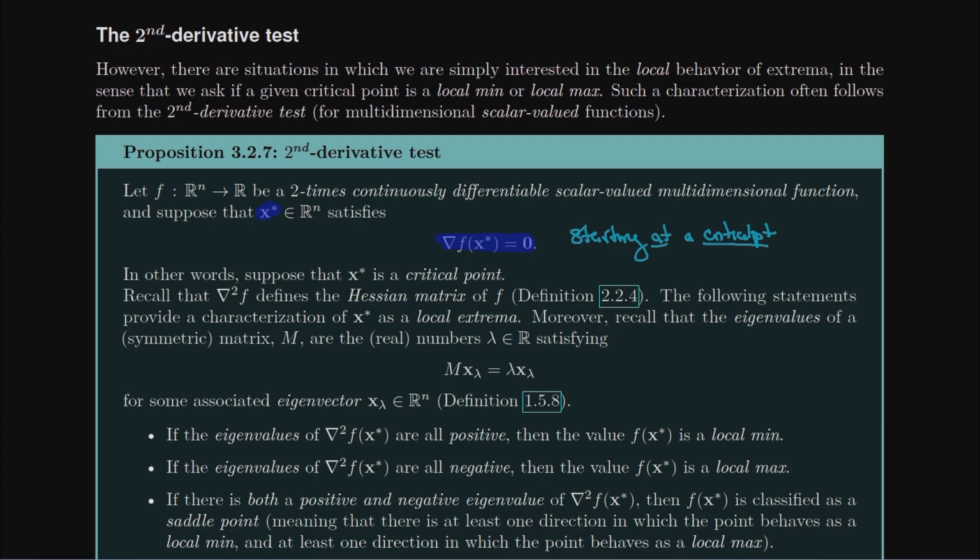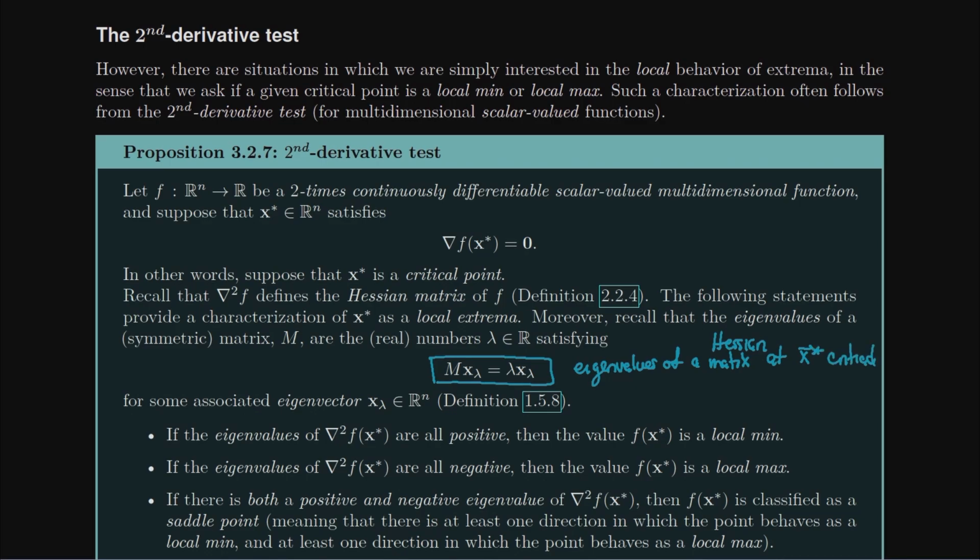So we're going to start at a critical point, and then we're going to go ahead and compute the Hessian of the function at that critical point, right? The second derivative test should involve the second derivative of my function. And let's recall that a Hessian is actually a matrix. And because the Hessian is a matrix, we're going to look for eigenvalues of a matrix. And in fact, the Hessian matrix at the critical point, x star. So you're finding eigenvalues of the Hessian matrix at the critical point,